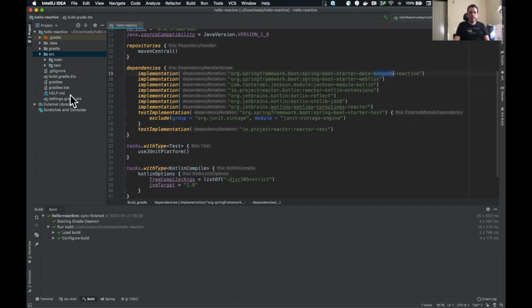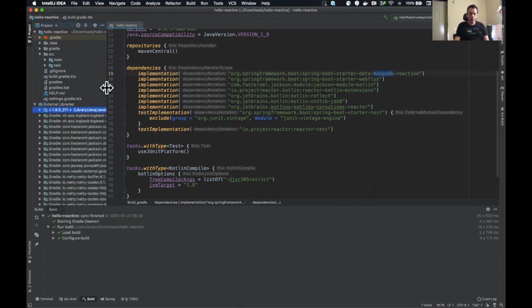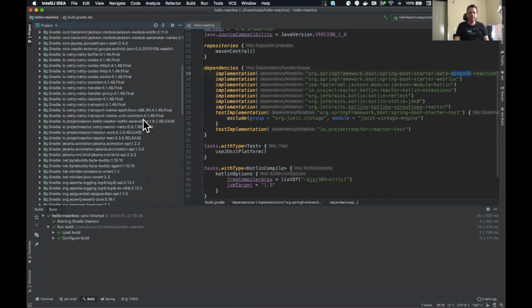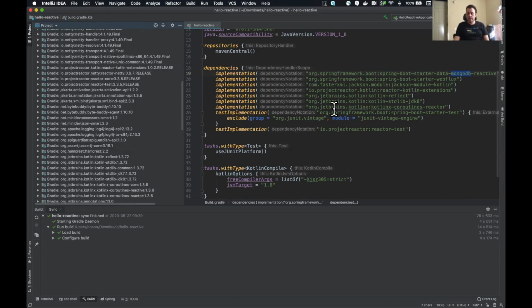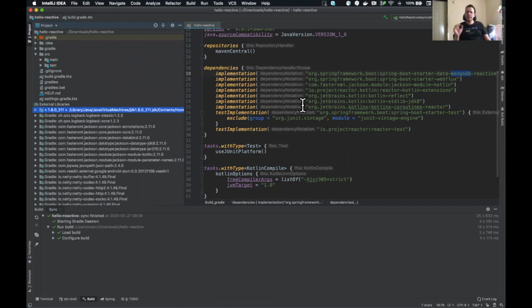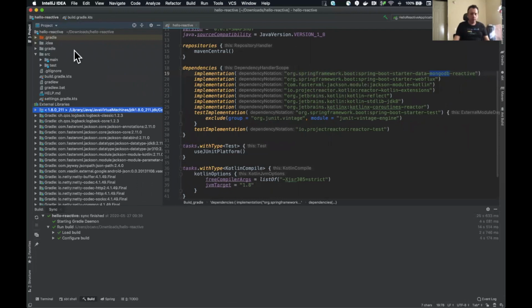file. But if we go to the external libraries, we can see here all the jar files, all the dependencies necessary to create a new application. By adding only those starter projects is very simple. And awesome. Okay, as you can see, it's already built. Okay, let's create